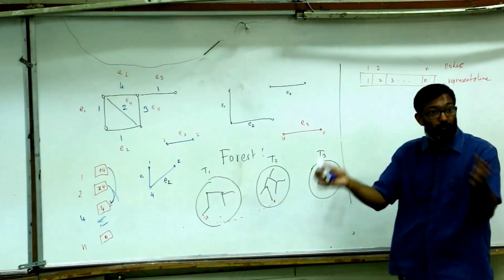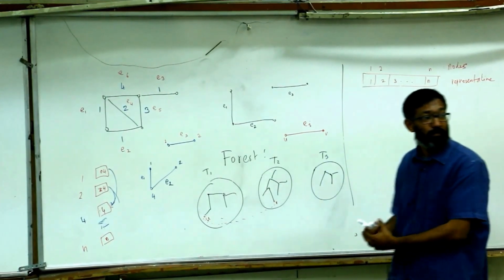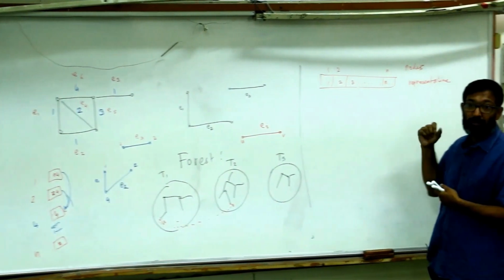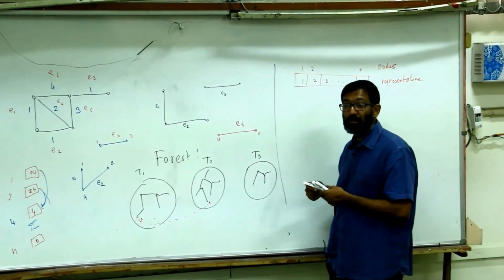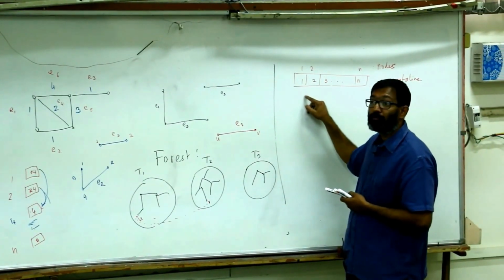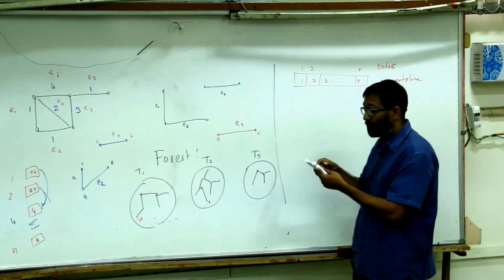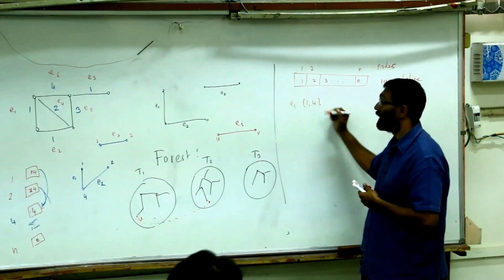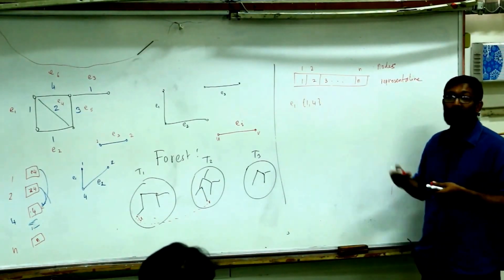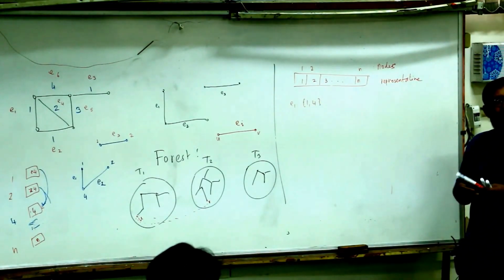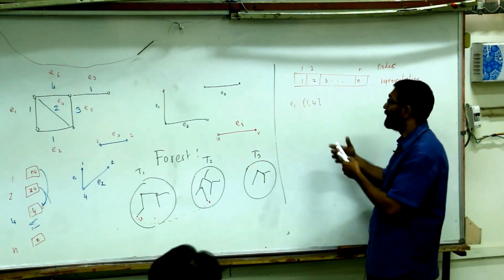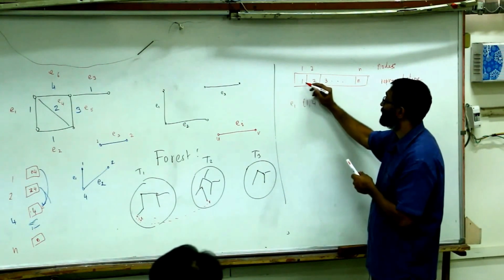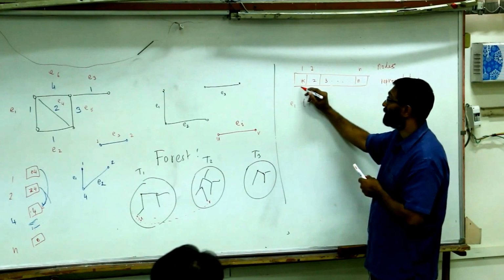So the set that a node belongs to is itself. So each one is a singleton. When an edge arrives, we are going to pick one of the nodes, one of the endpoints. Let's say E1 is the edge 1, 4, and let's just use some convention that the larger label node is the representative. Then if the edge E1 arrives, I'm going to just replace this by 4,